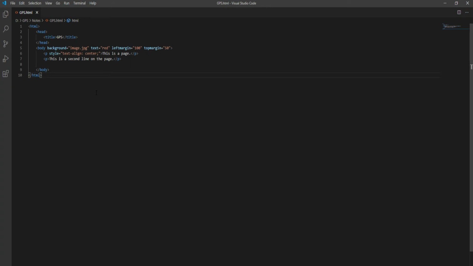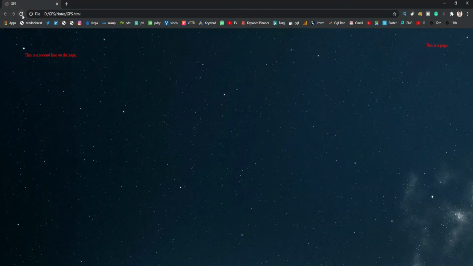Now if we want to use the b tag, how can we use it? The use of the b tag is that if we want to convert our normal characters, normal line, normal text, from normal to bold, then we have to use the bold tag as b, and we can also close this tag at any location. Let's go back and refresh this page.